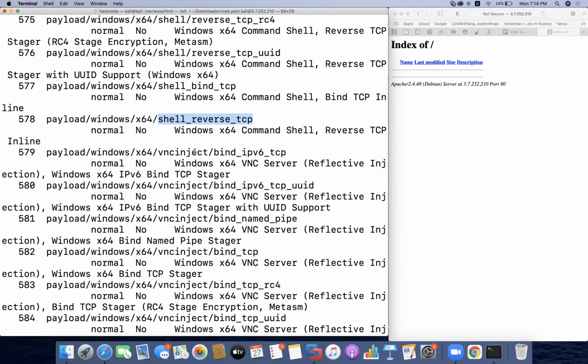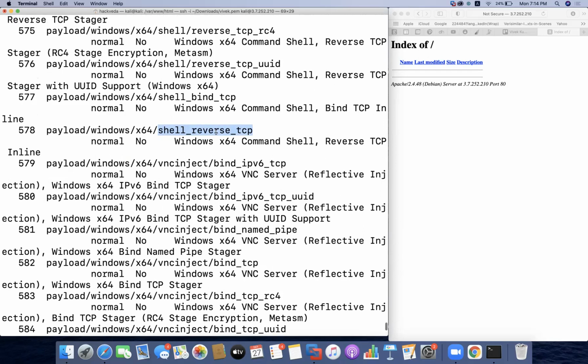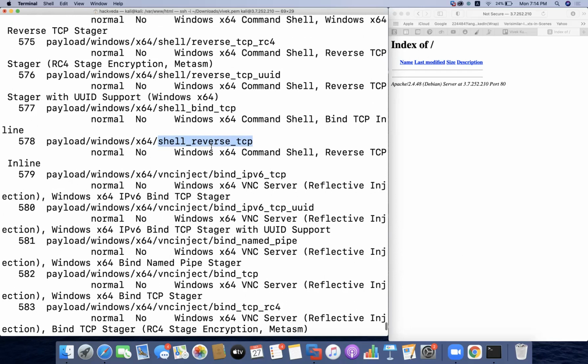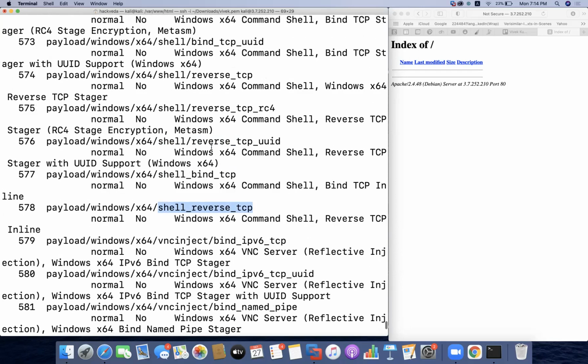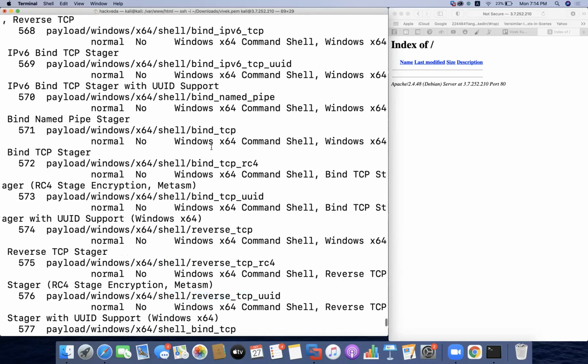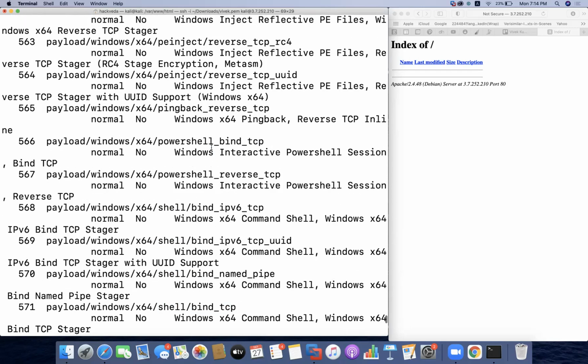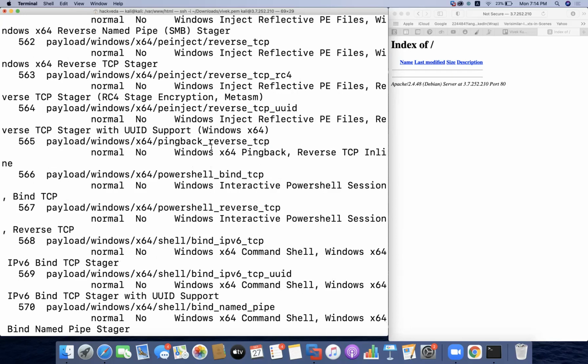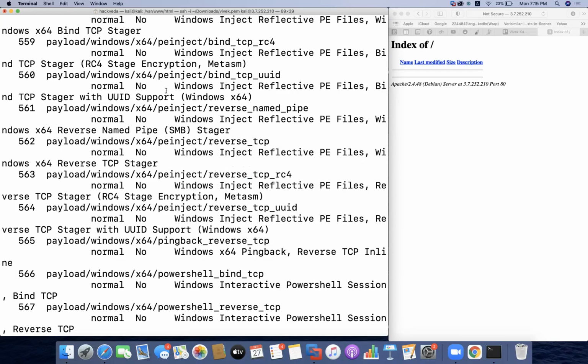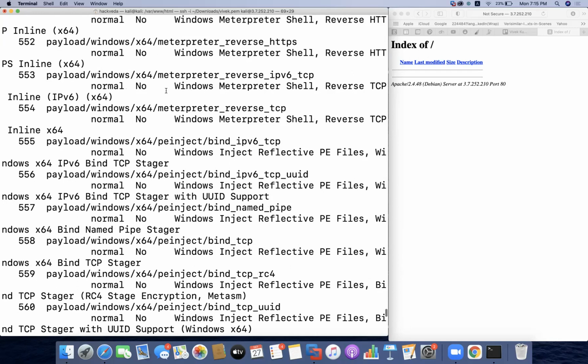We can use the reverse shell payload also, which will give us access to a command shell, or we can also run a Meterpreter payload. Meterpreter is also a very common way of exploiting machines. The benefit of Meterpreter is it gives you n number of commands with which hacking becomes easy. You can run a keylogger on a remote machine. You can access the camera of a remote machine with the Meterpreter payloads by executing one single command. That's why Meterpreter is considered one of the finest ways of hacking machines.